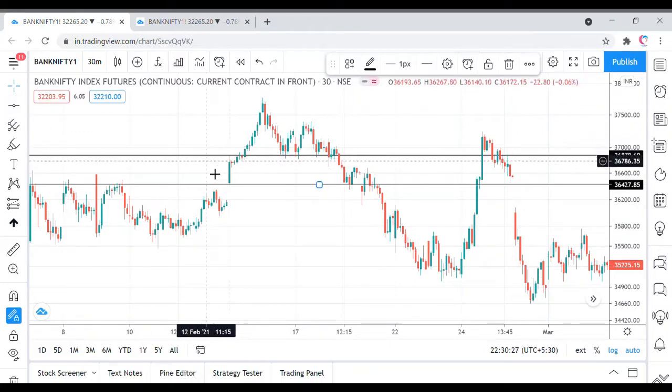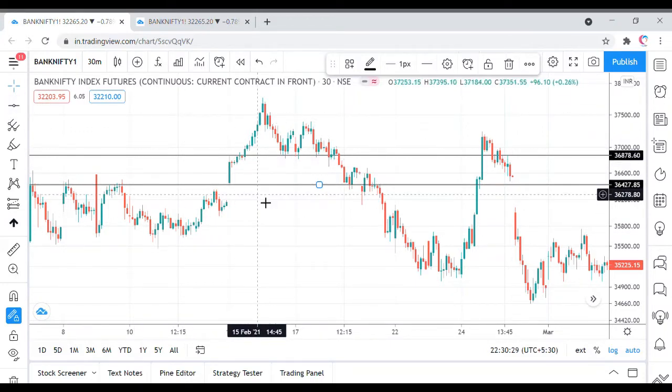Now we'll have to wait for the break of the high or the low of the candle. If the high of the candle is broken, we go long, and if the low of the candle is broken, we go short. But we need to wait for the close of the candle which is giving a breakout or breakdown,